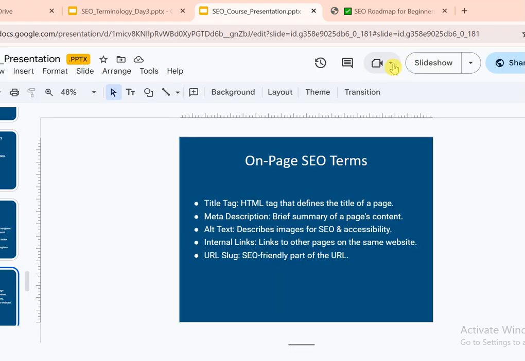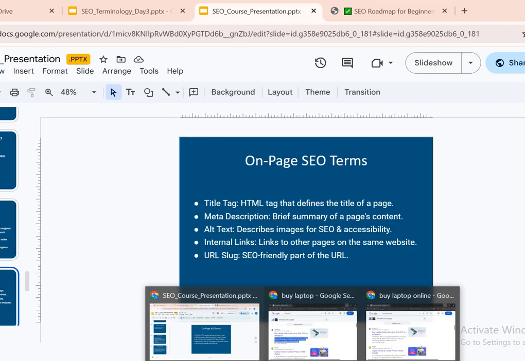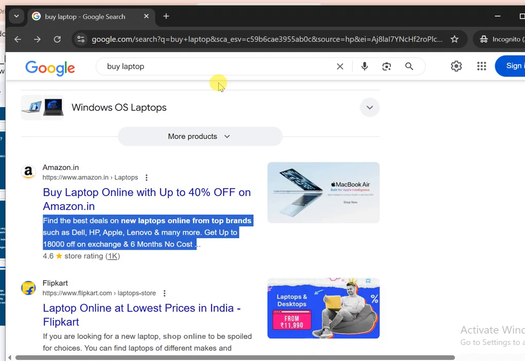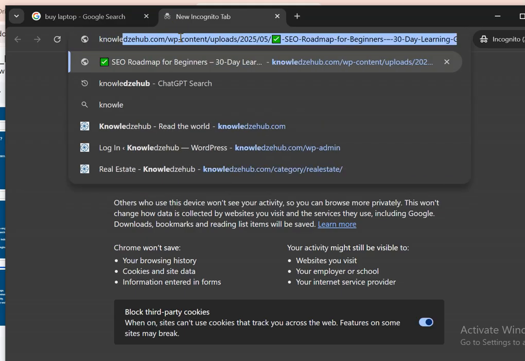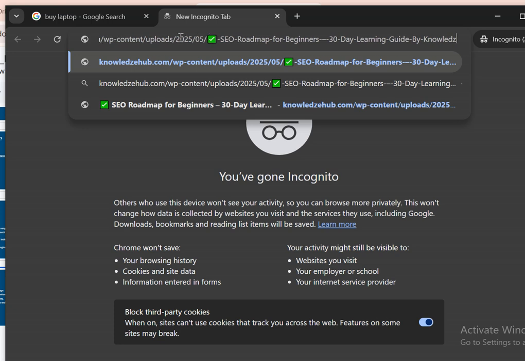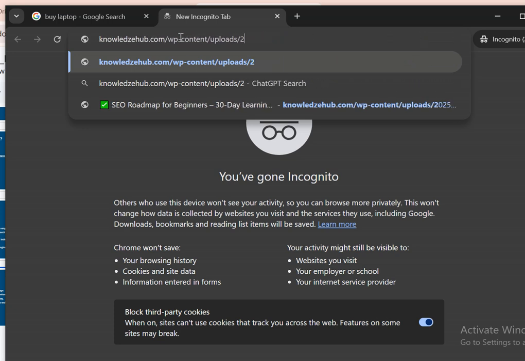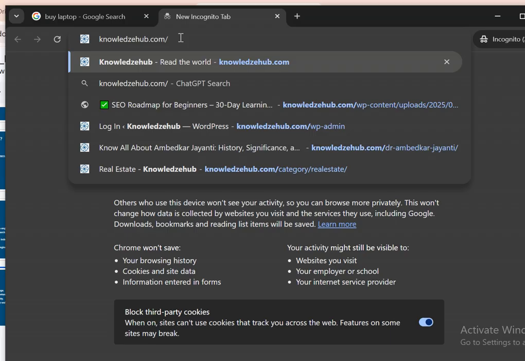So here I will just show you one example of what internal linking is and how it looks. Let's say we go to one website called knowledgehub.com.